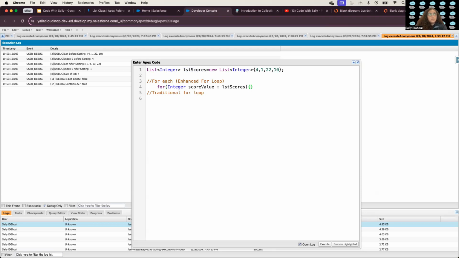That means it will go through one by one and get it. So it will get the 4 first, then the 1. Like the first time, the scoreValue will be the 4. The second time the loop runs will be 1. The third time will be the 22. The fourth time will be the 10. And it will exit when it finishes all the list,